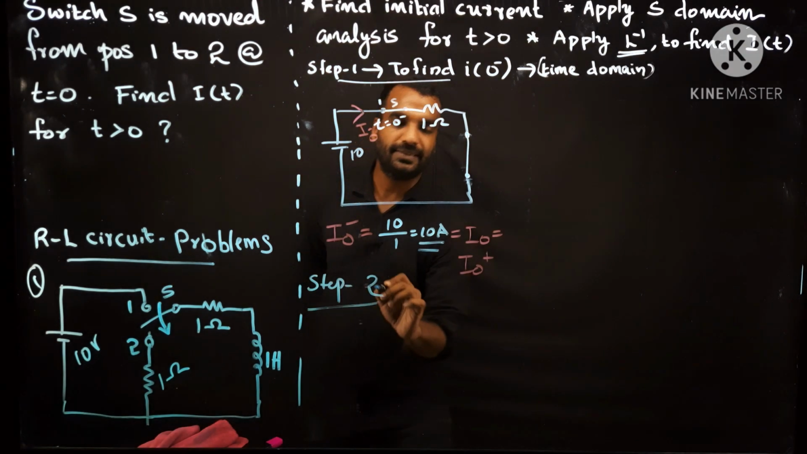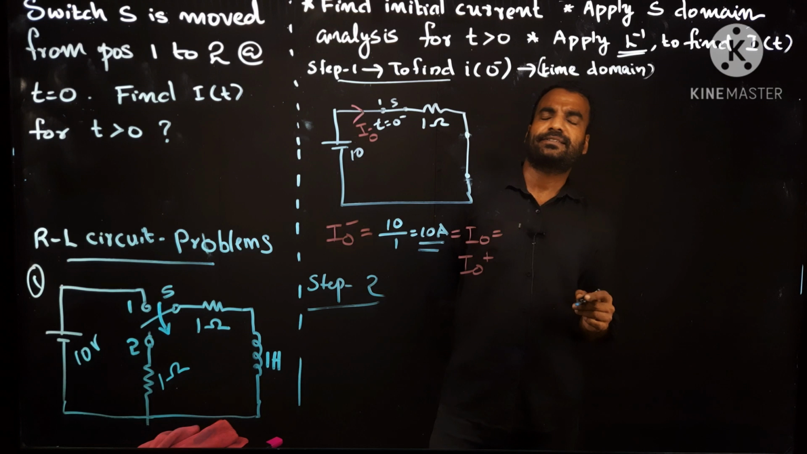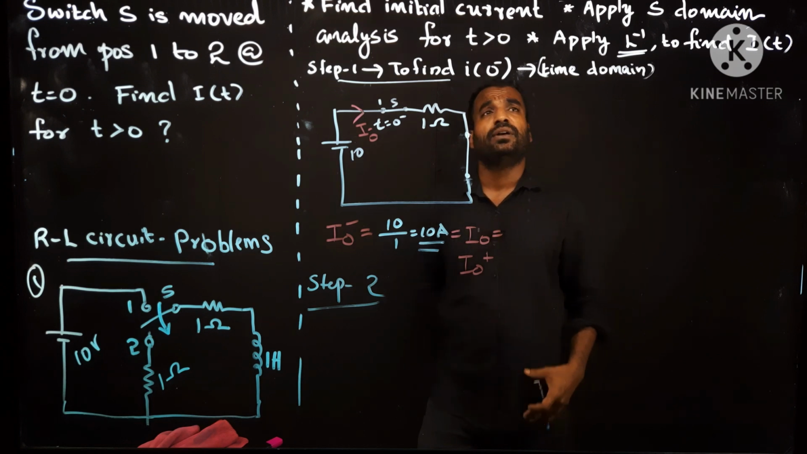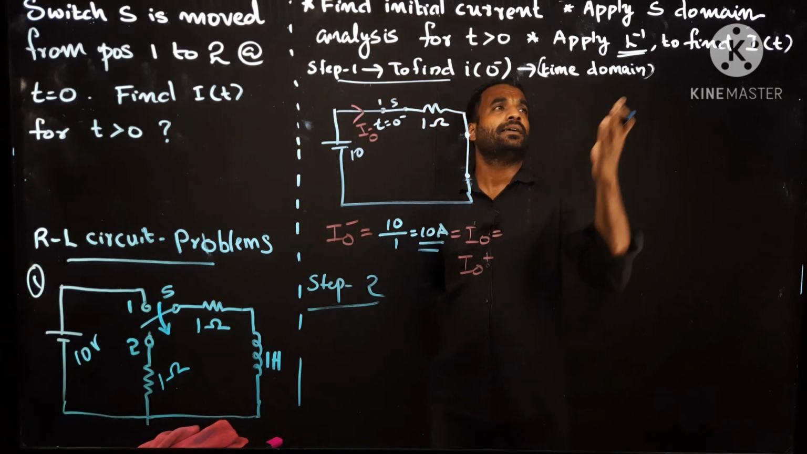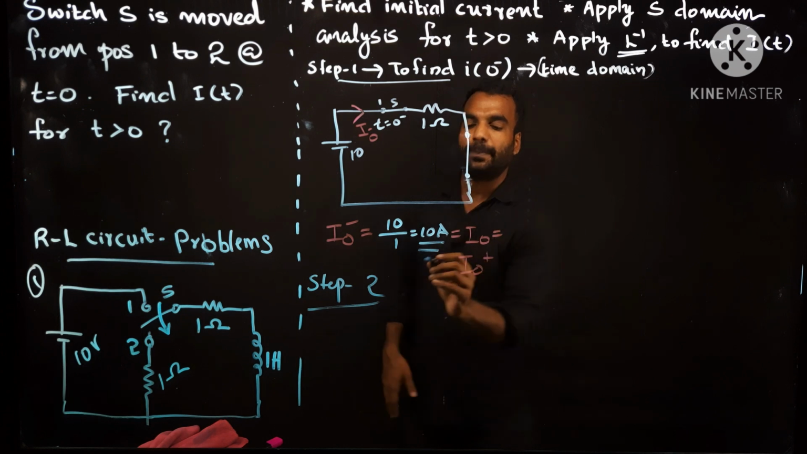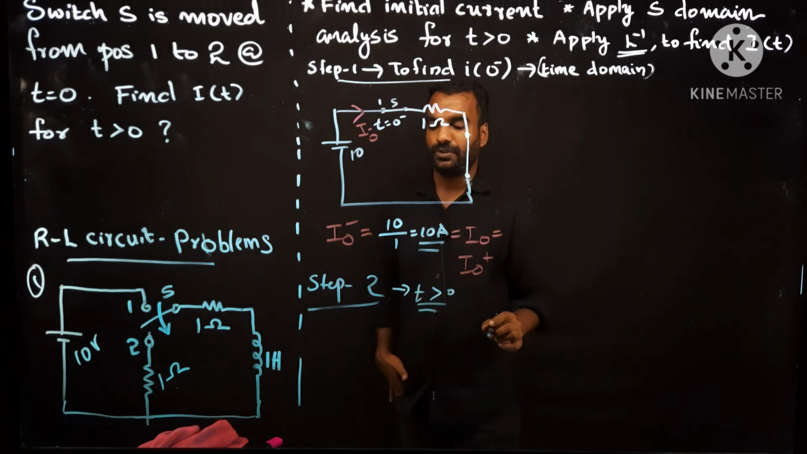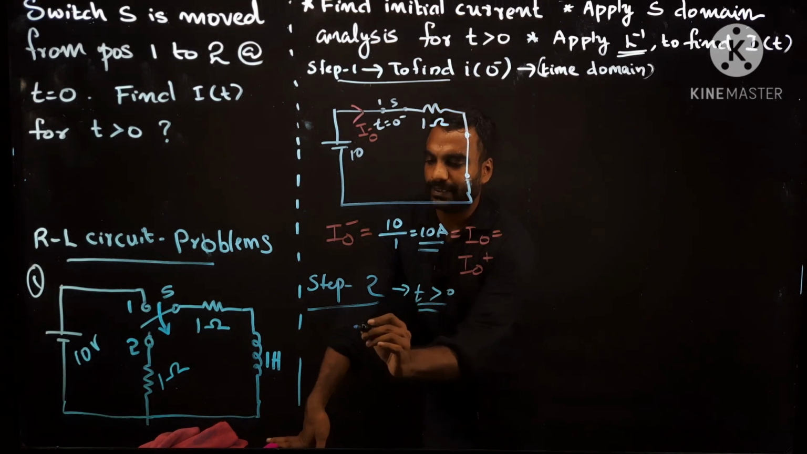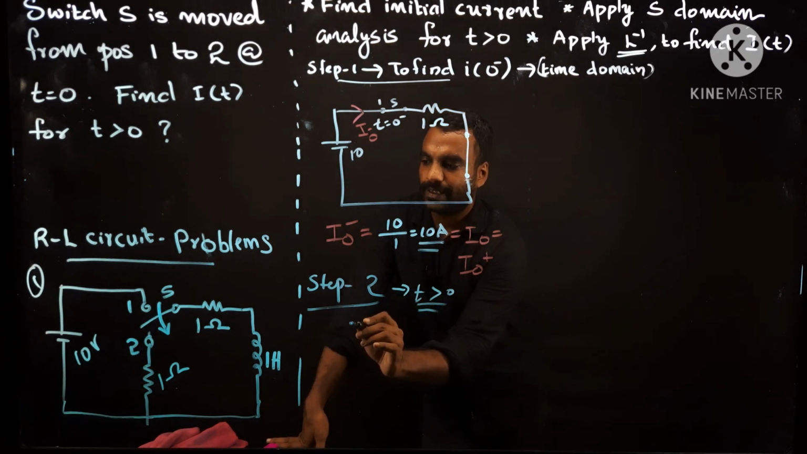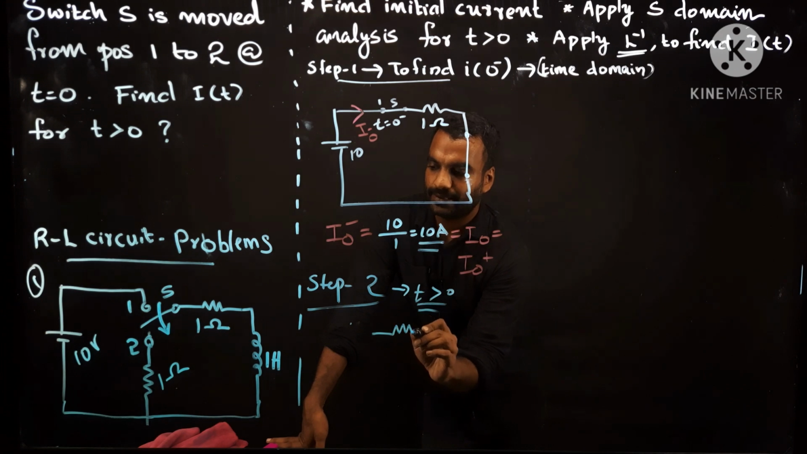Step 2. What is step 2? In step 2, you have to apply S-domain analysis. So step 2 indicates time greater than 0. So I will draw the circuit here. Please check. Greater than 0 means these